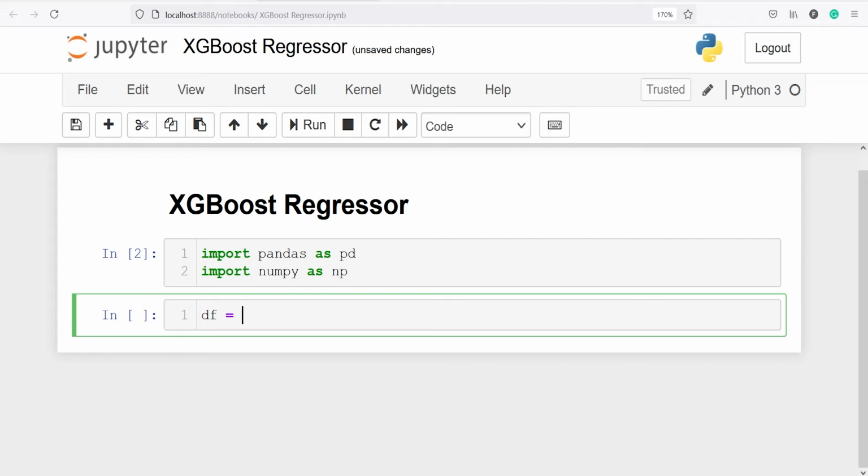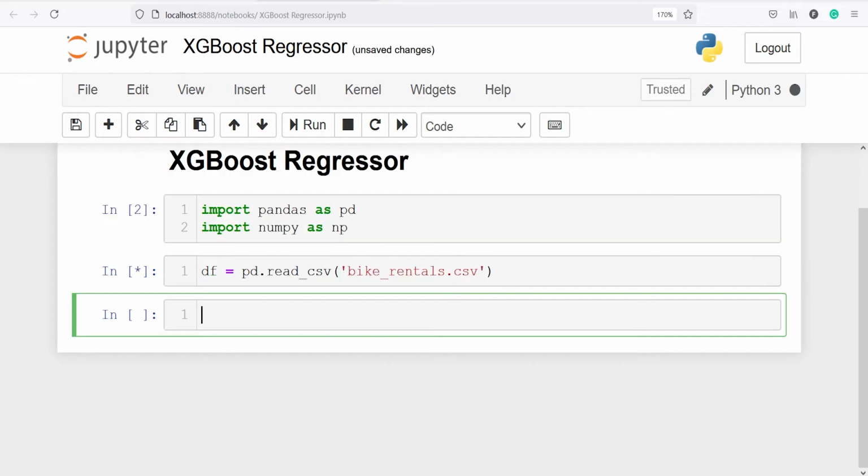I'll call pd.read_csv. So I'm calling this function read_csv from pandas, and inside this I will pass my dataset name. My dataset name is bike rental.csv. Let's execute our code.